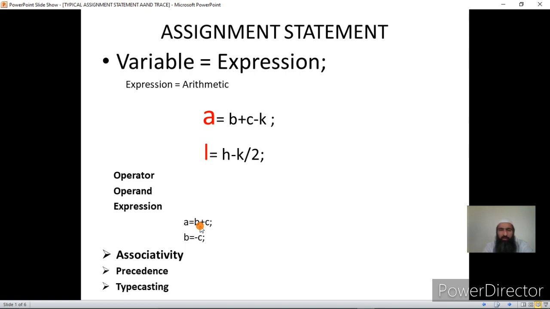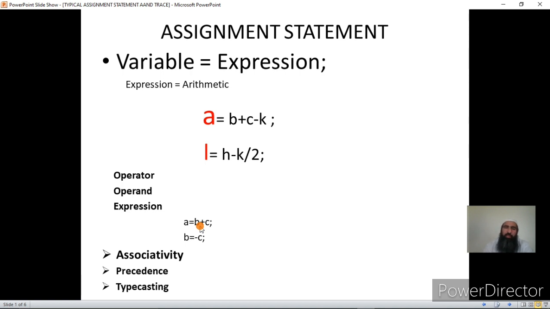So operators are of many types. I'll be talking about that in a separate lecture. Just giving you the concept. So operators can be classified based on the function or based on the number of operands they act on. Based on the number of operands it acts on, an operator can be unary, binary or ternary. Based on the function, an operator can be relational, arithmetic, logical, etc. We have to see those.